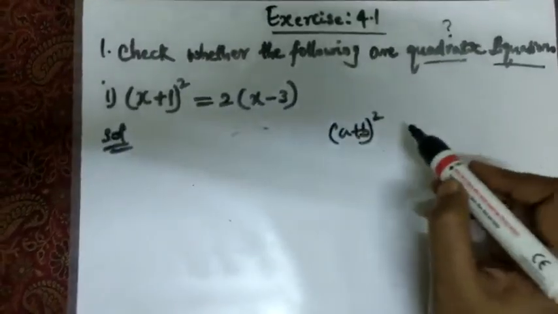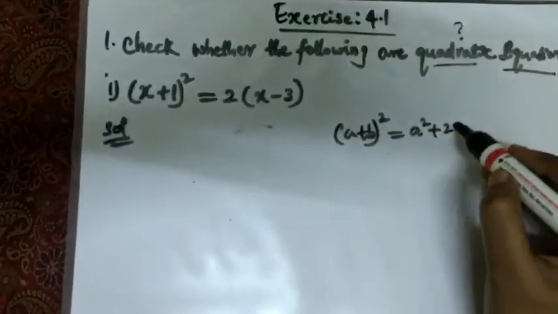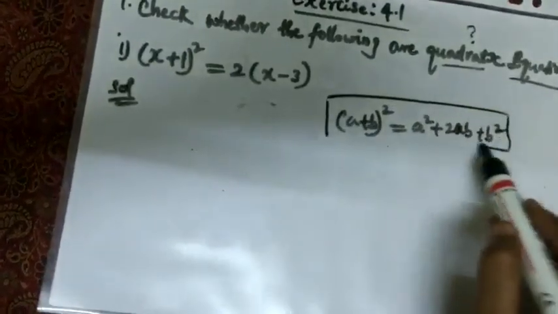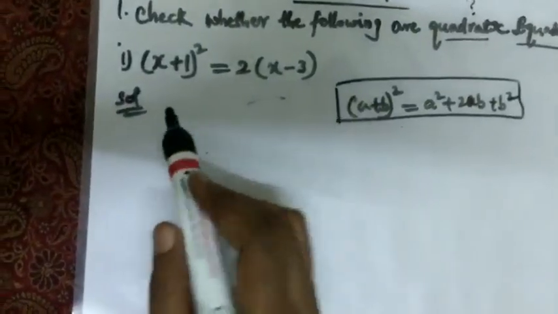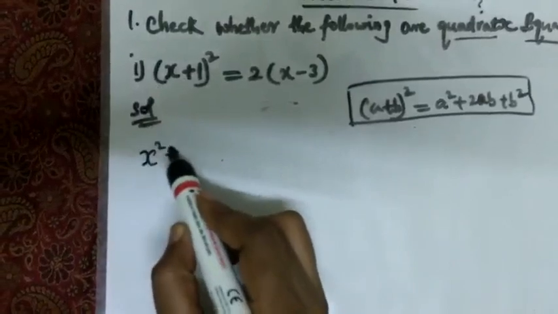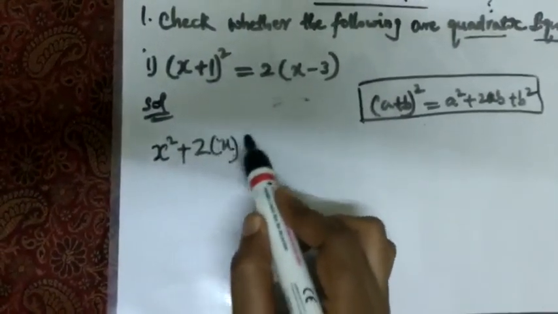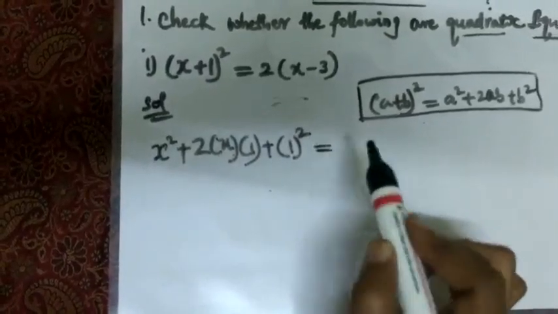In your classwork also you write beside what identity you are using. No need to go into so much detail about what is a, what is b. We had already done in 9th class. Directly just find out this is a, this is b. So I am writing a square plus 2ab, so 2a and this is b, plus b square is equal to.